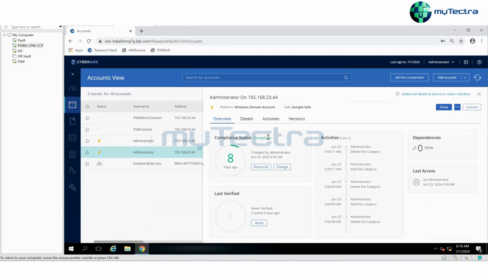So you can see it's compliant: 8 days ago, the password was changed by the administrator automatically. We will talk about the details of this later,